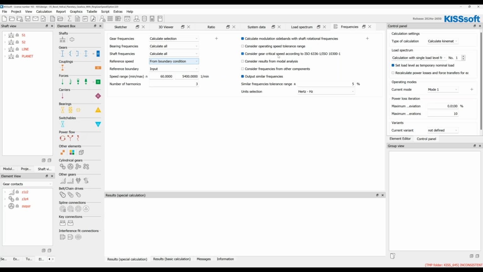We can consider the gear's critical speed according to ISO. We can consider the eigen results from modal analysis and compare them to the characteristic frequencies. We can also consider frequencies from other components, which will be shown in the next example, and we can output the similar frequencies. And equal to the gear calculation frequency module, we can have here units in Hertz, cycles per minute, or normalized, so for the order analysis. Now, if I calculate this,